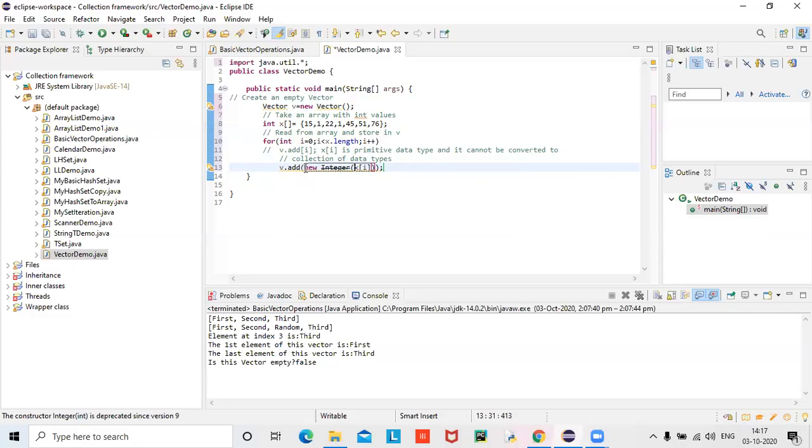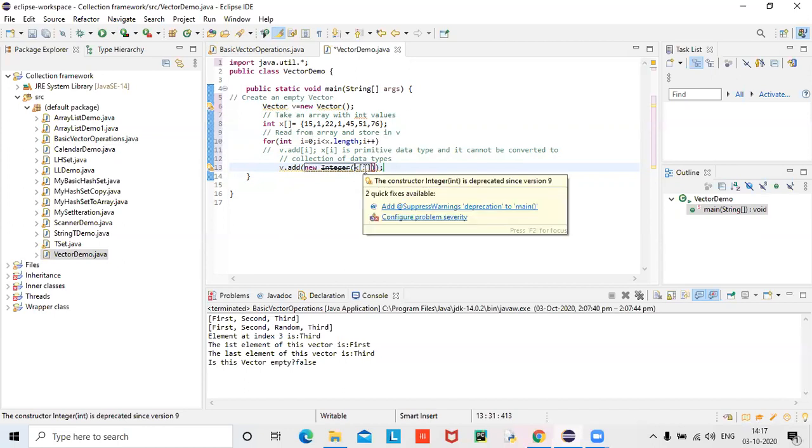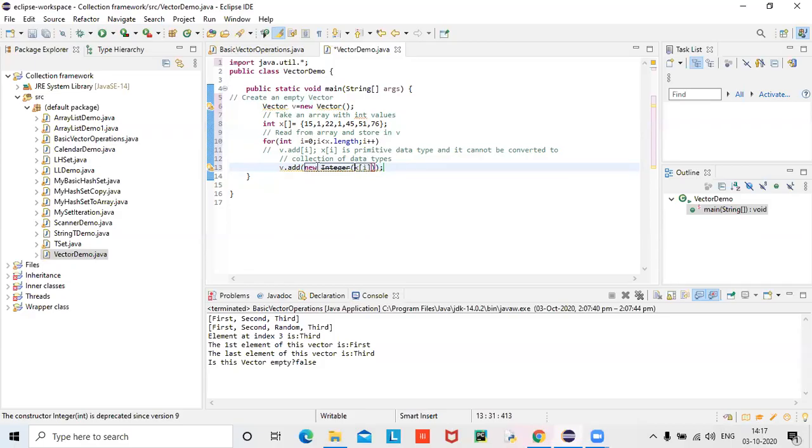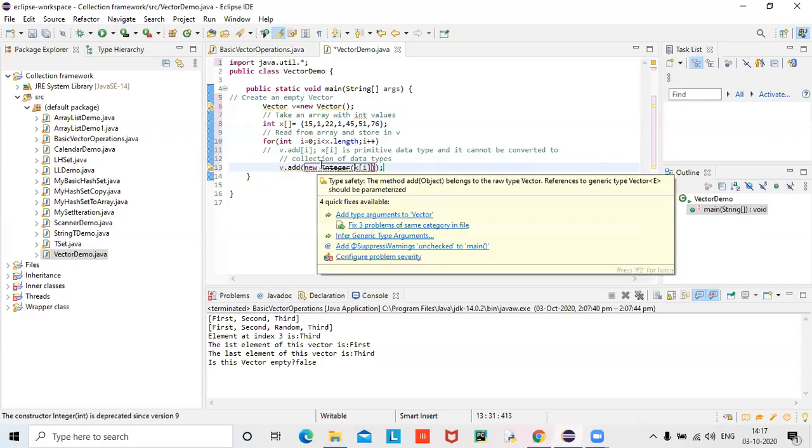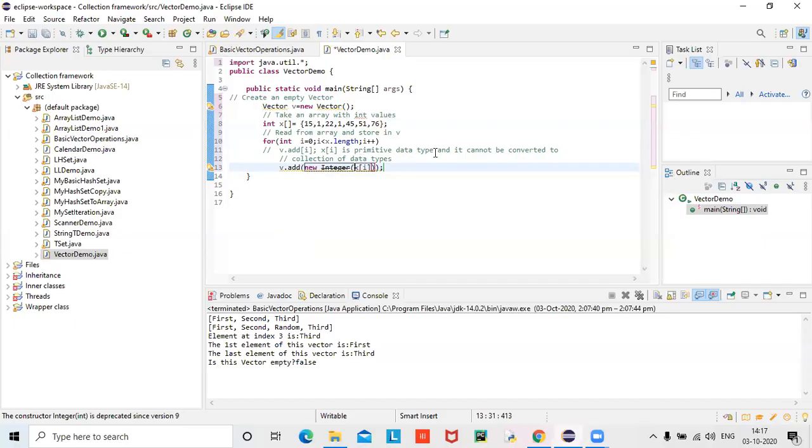And as an argument, I passed that x of I. So whatever x of I primitiveness is there, it is wrapped, because I am using a wrapper class, it is wrapped back into an advanced type of data. Yes or no? So the argument passed is primitive, 100% primitive, array x of I. It is totally primitive.